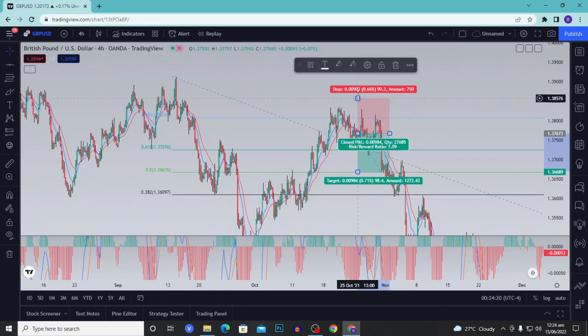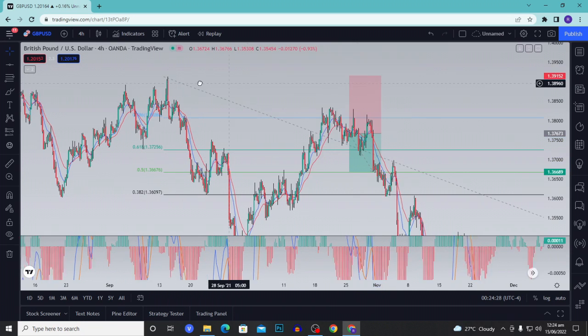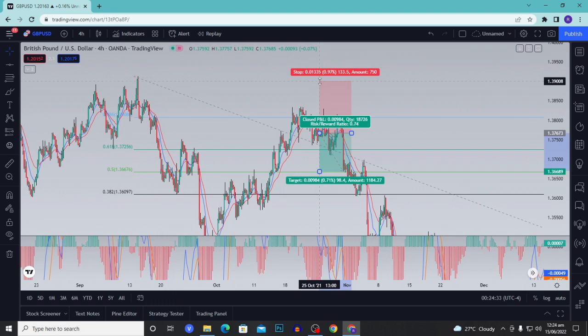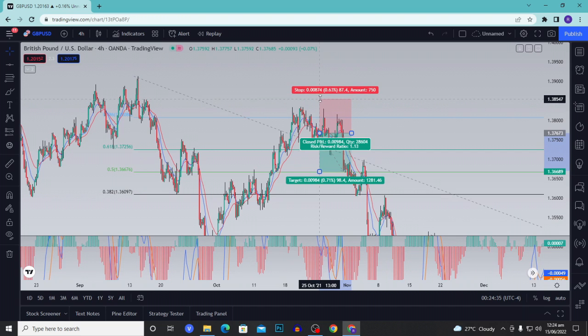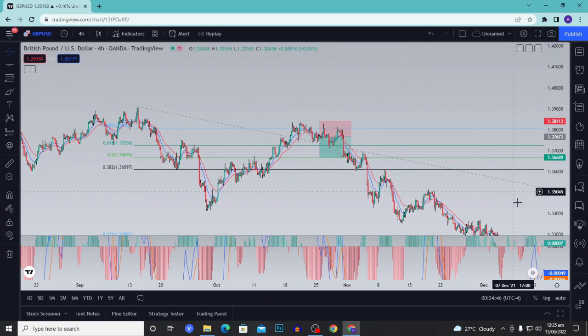Or you could have also gone for a stop loss of 147 pips, which is above the beginning of the impulse move. But in our case, we only would have needed 74 pips for your stop loss,